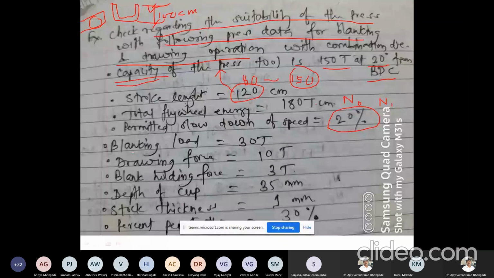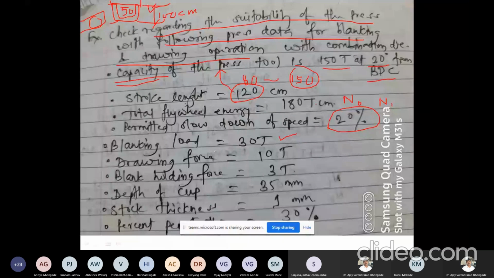Blanking load. We already know how we calculate the blanking force, the drawing force and other things. Let us say we are given a cup with so and so dimensions, might be 100 centimeter, and this could be 50 centimeter, and the thickness will be 2 mm or 3 mm. Depending on this, we can work out the blank size and the blanking force. All those calculations have already been done, and let the blanking load work out to be 30 tons.